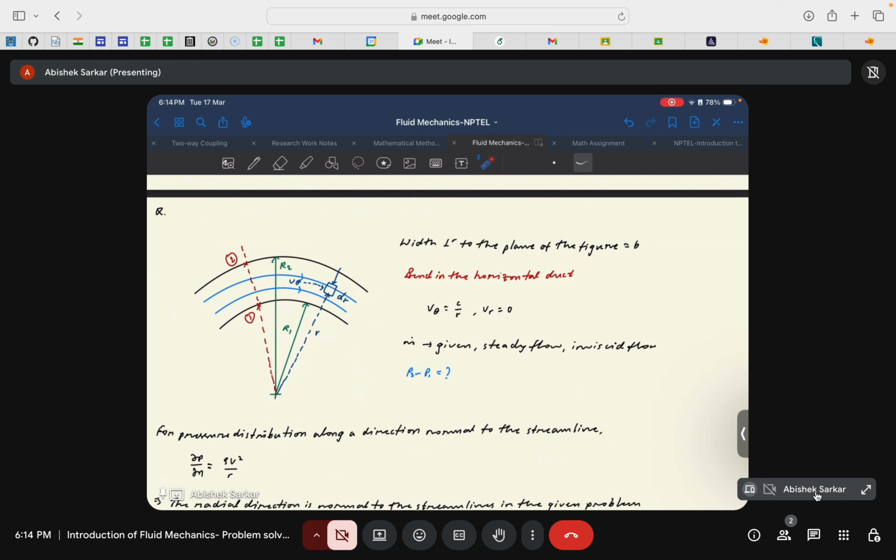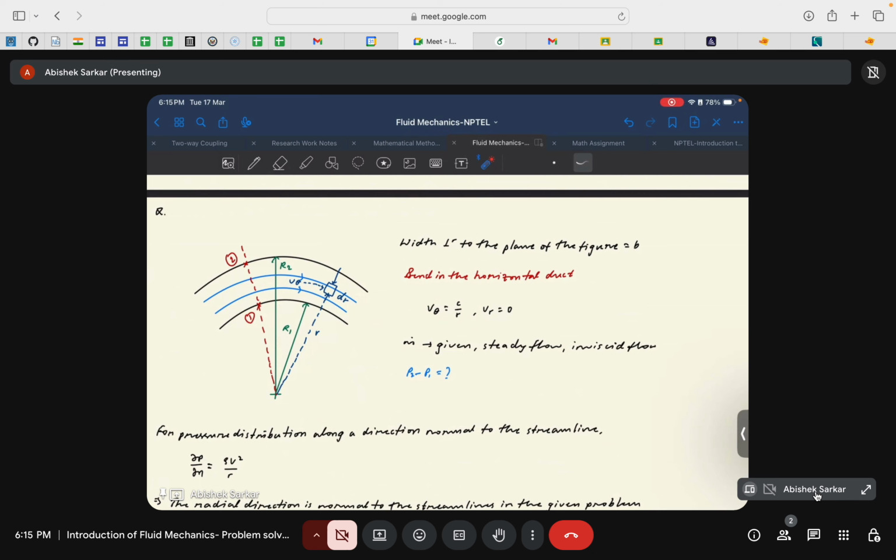The key to discuss this problem is to understand the effect of the curvature of streamlines. If you remember from our previous discussion, for Euler's equation of motion along the streamline coordinates, we saw that because of the curvature of streamlines, there can be a pressure difference, along with the hydrostatic pressure difference because of the depth. But if the streamlines are straight and parallel to each other,